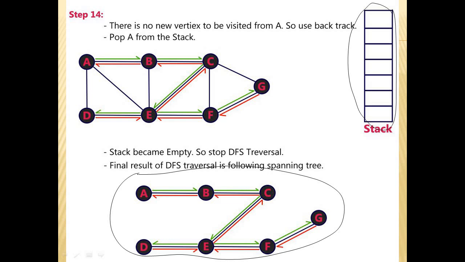So in DFS, what we are going to do is start from one vertex and find the adjacent vertices to that vertex. Among all these adjacent vertices, we'll pick one vertex and make it visited. Whatever vertices we visited, we'll push into the stack. And at the time of backtracking, we pop the elements. This is about DFS. Here we are using a stack.